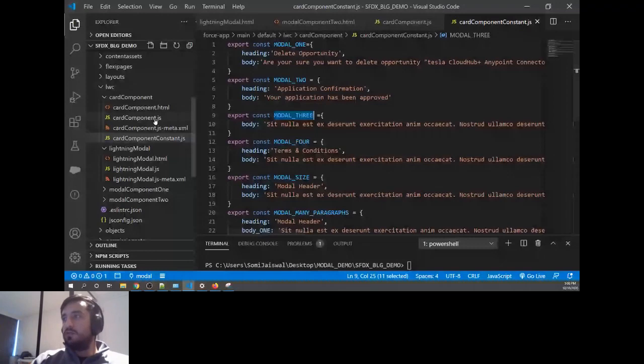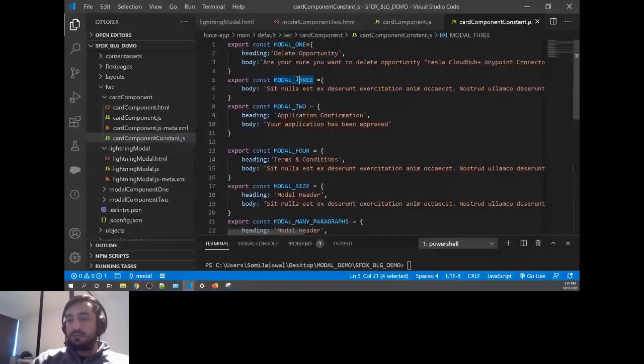To avoid the confusion, I'll just change the name, it's better. So I'll just make it model 2 data, and it's a model 3 data. I'm just using that has only body, and let's see whether it's working fine or not.